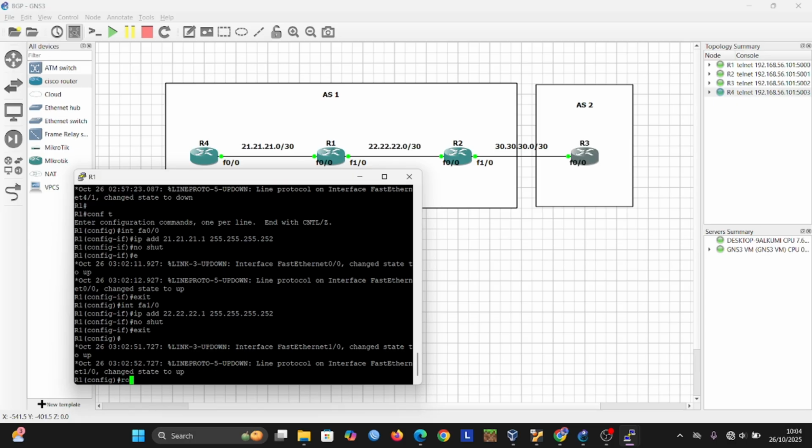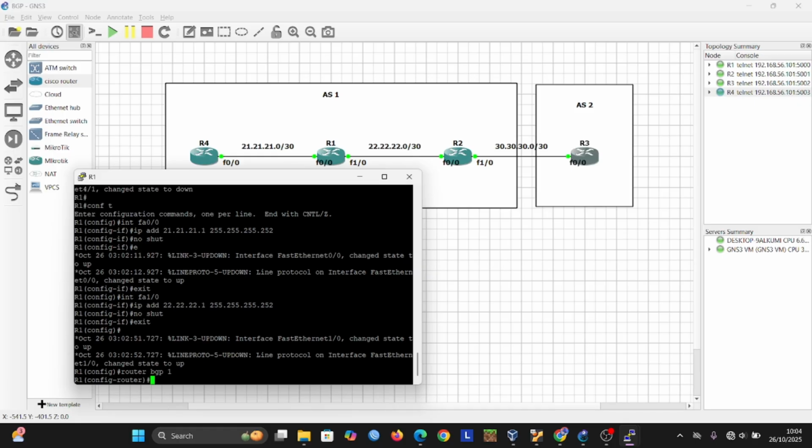After this, we configure router BGP, and at the same time we enter the neighbor, the neighbor IP, that is point two.